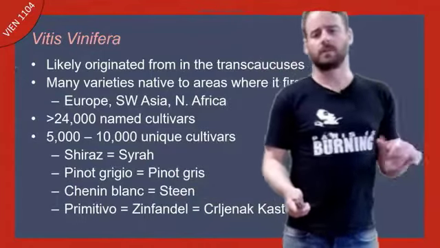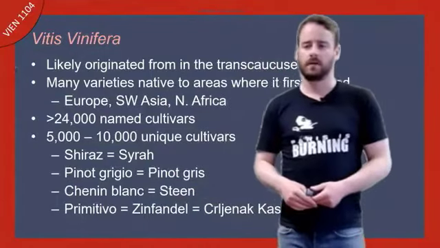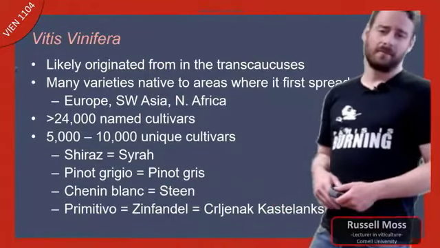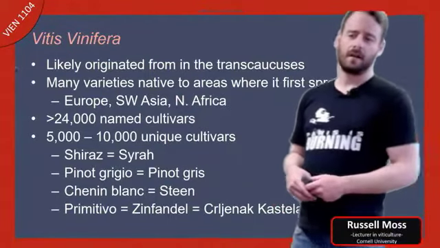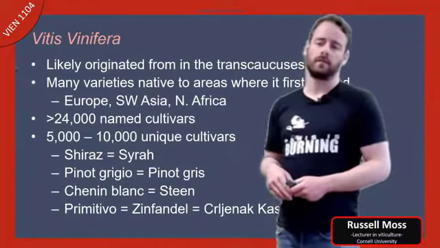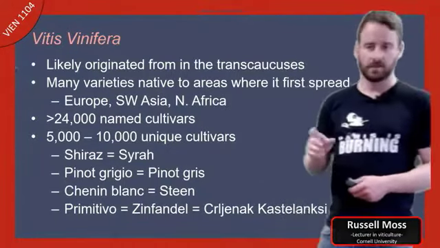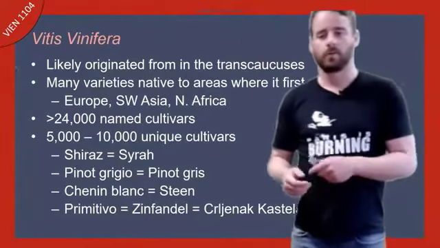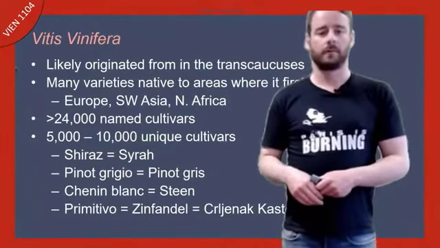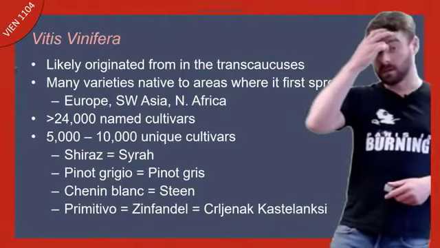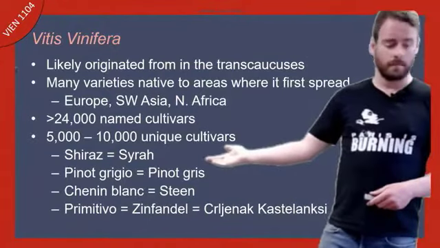So truly, there's somewhere between 5 to 10,000 different unique cultivars, and really, there's only, I would say, about 450 economically important cultivars globally. 35 varieties actually account for 66% of the world's wine grapes. So some of